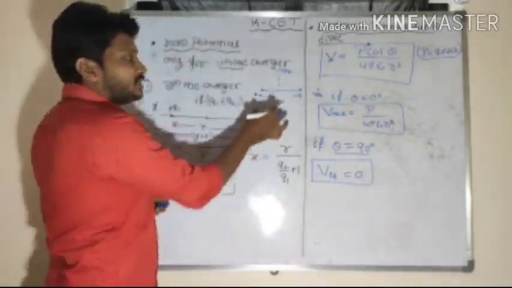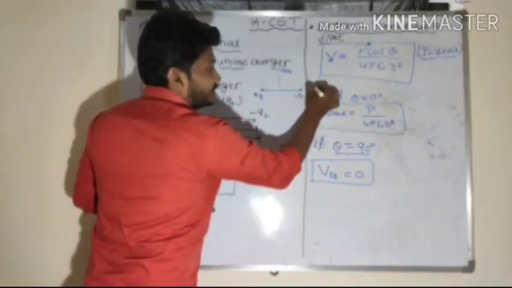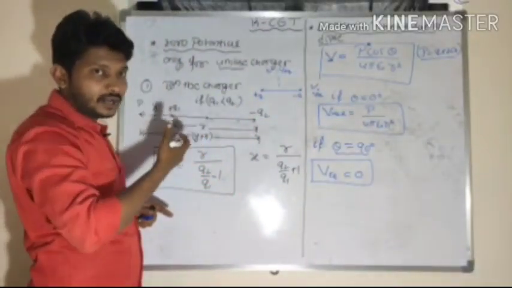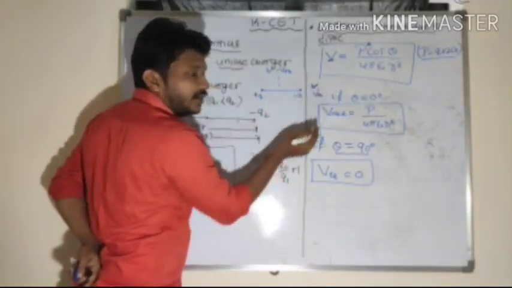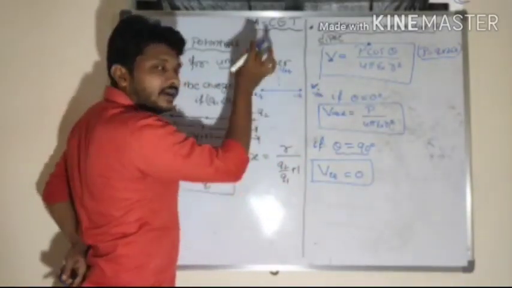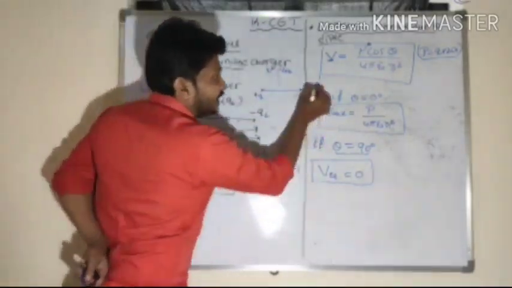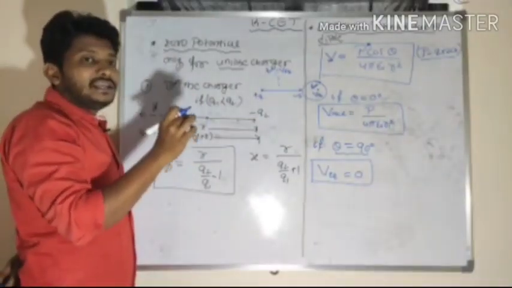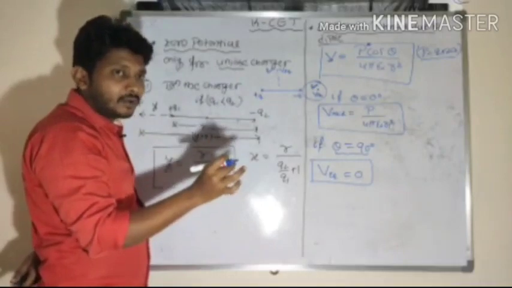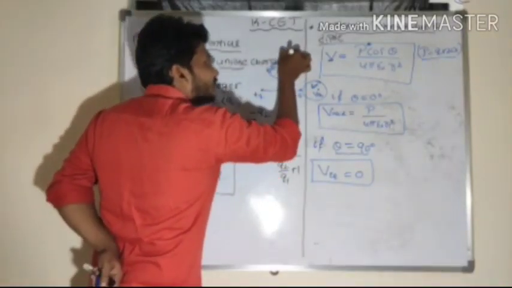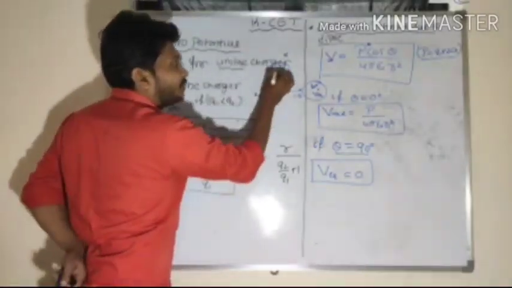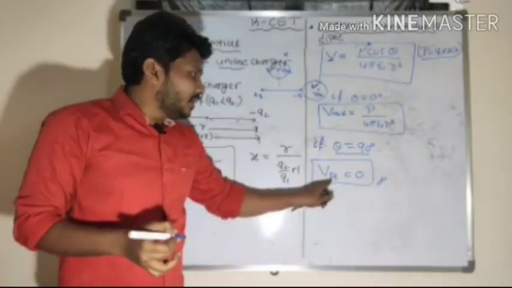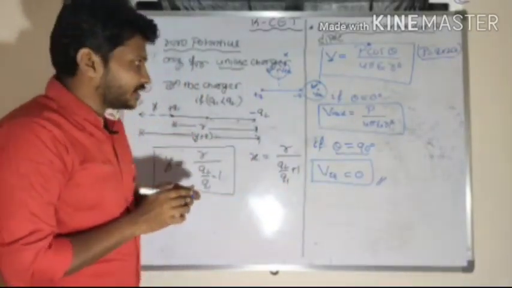So look here, in case of the dipole, electric field exists both at the axial point as well as at the equatorial point. In the first topic you derived the equation: electric field at the axial point has an equation, and at the equatorial point also has an equation, but potential exists only along the axis. Potential exists only along the axis of the dipole. Potential value is 0 at the equatorial line, so you will not get any potential at the equatorial point. At the equatorial point, what is the potential value? V equatorial is equal to 0. So hope you are understanding here.